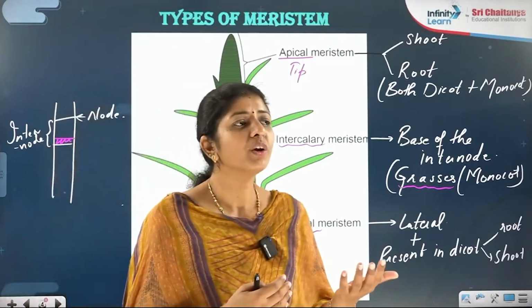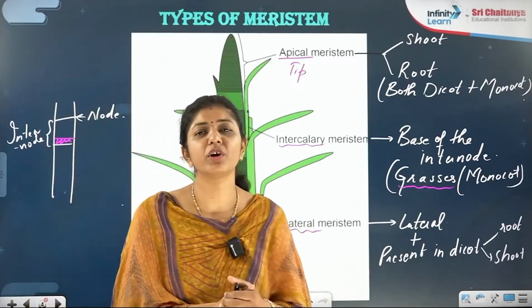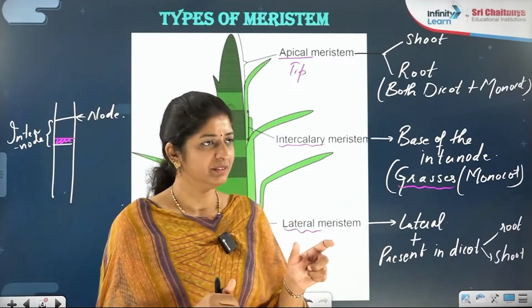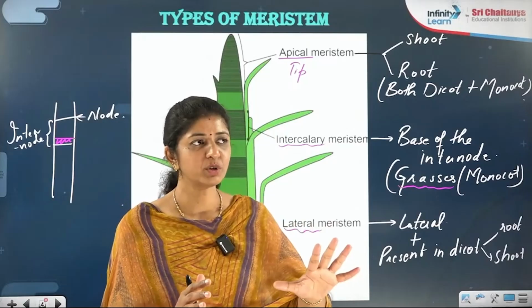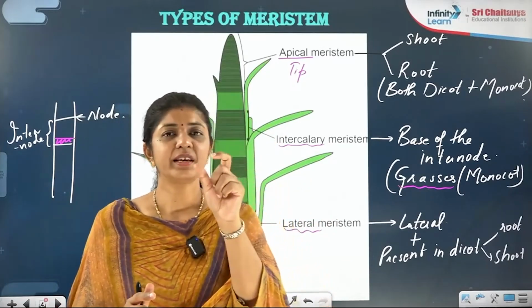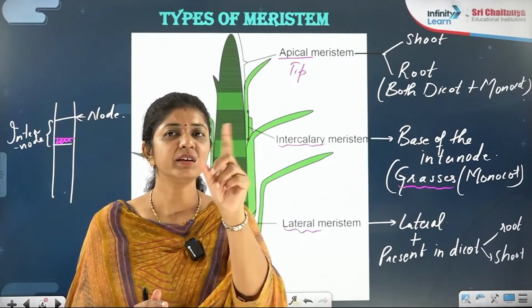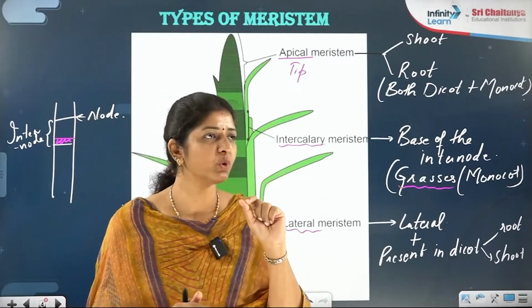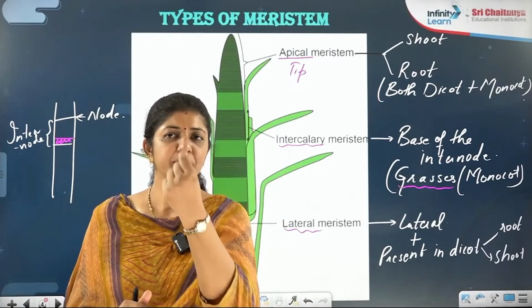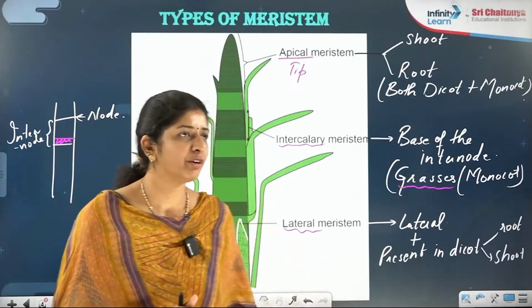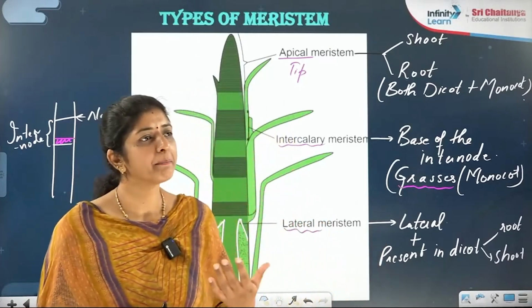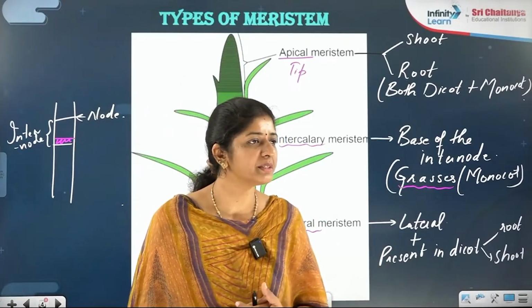What is meant by monocot and dicot? Please check the video we have put on morphology, right? That's why I'm telling you from the beginning, fill the form given in the description, so that you should not miss all that. Otherwise, still let me say, monocots are plants having one cotyledon in the seed, like rice. When you soak it, when you press it, there is no splitting. It will remain one. That is monocot. But in grams, like white gram or black gram, when you soak overnight and press it, it will split into two, which means they are dicots, right? Monocot growth in height is helped by the apical meristem, right?